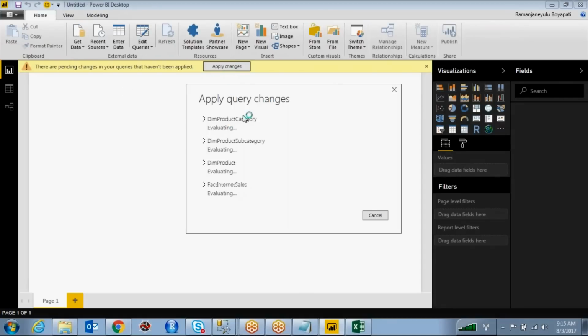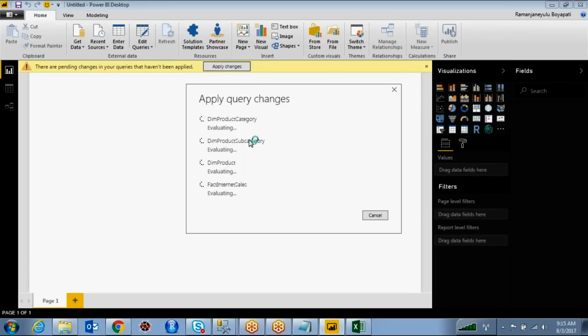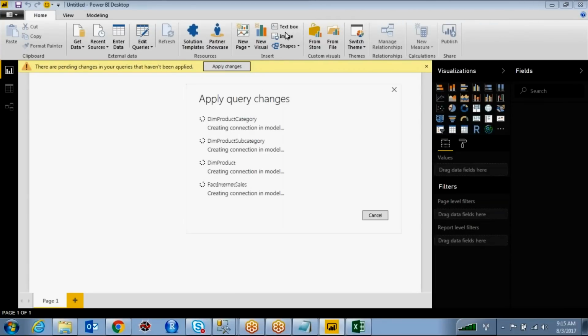Now it is importing the data from your data source into Power BI for these four tables: dim product category, subcategory, dim product, and fact internet sales.